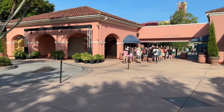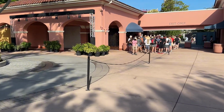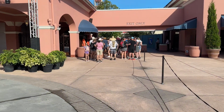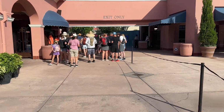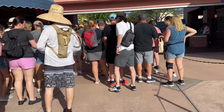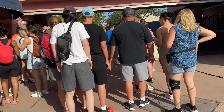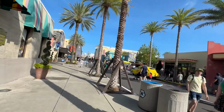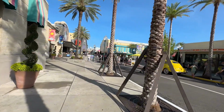So what are we standing here for? Let's head in. And it looks like they have the secondary entrance open right now to kind of keep crowd control at the main entrance. So we're gonna jump in line. Remember, at the main entrance, they only have one side open because they're doing some construction to the roof and everything. So now that we're in the park, I think the first thing I want to do is just kind